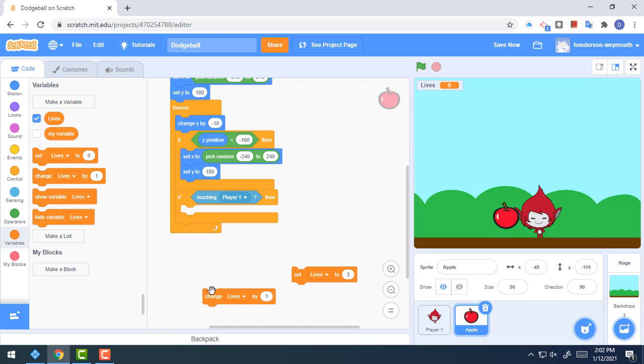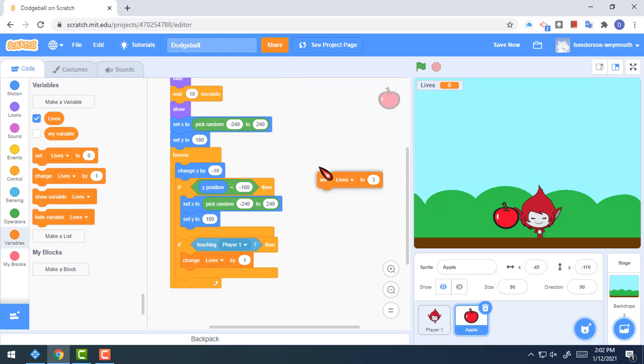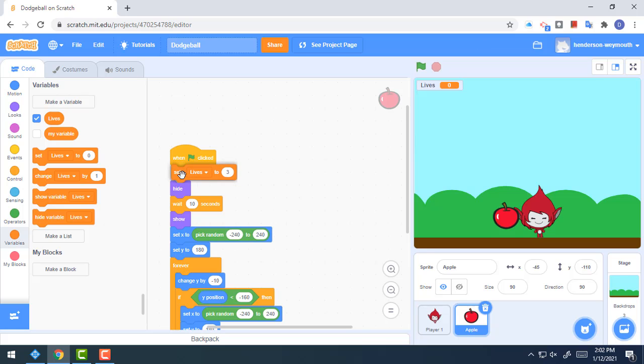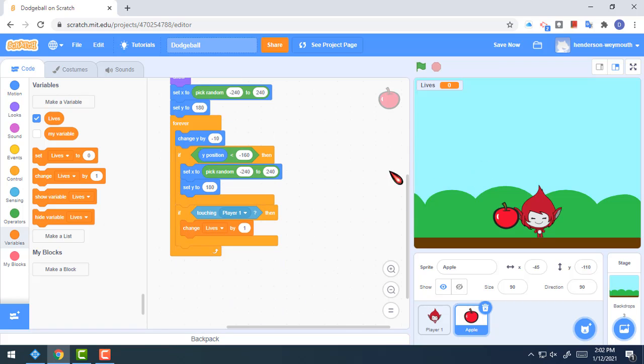So I'm going to add it inside of my if block right here. The set lives to 3, I want to add back at my beginning, which is more in the setup of this sprite, right? So I could put it right here between my when the flag is clicked and my hide wait show. All right, and you'll notice that on the screen it put in this little variable counter,